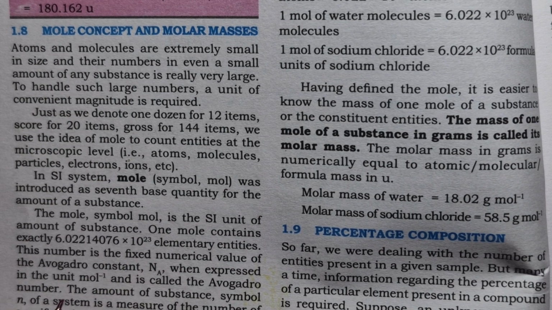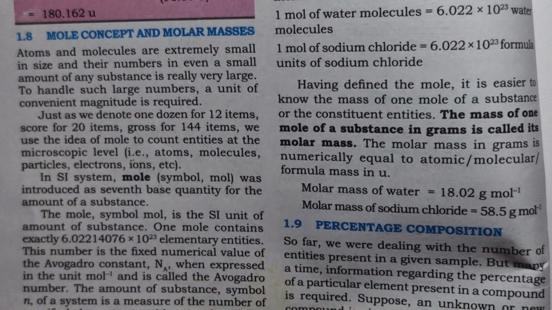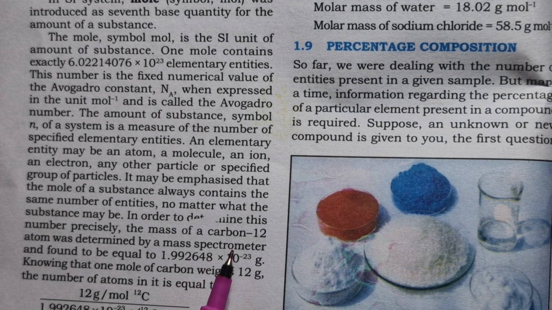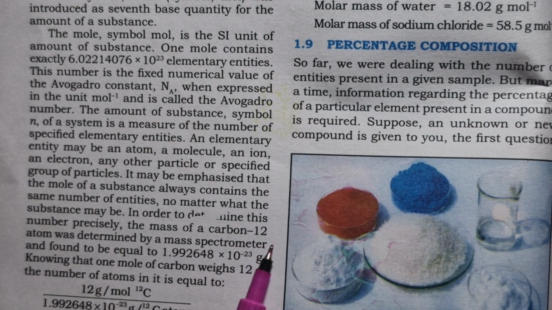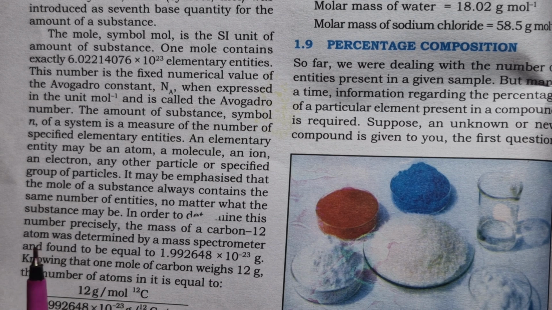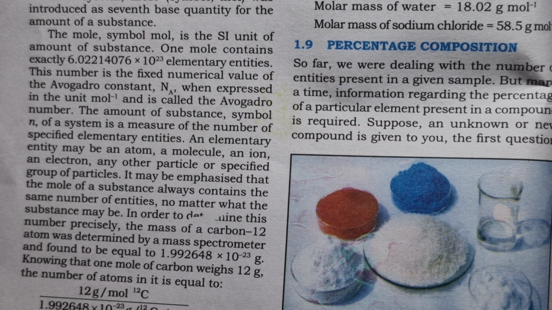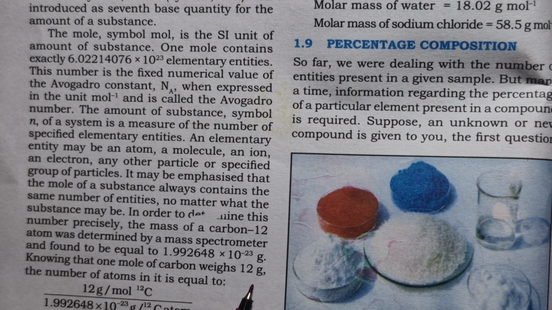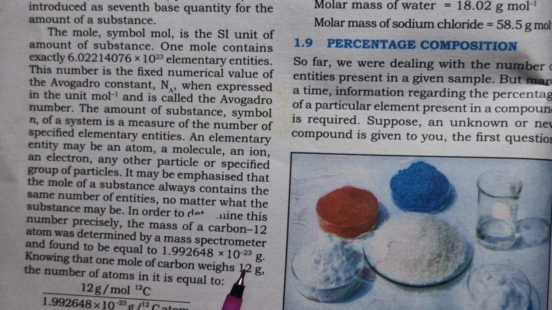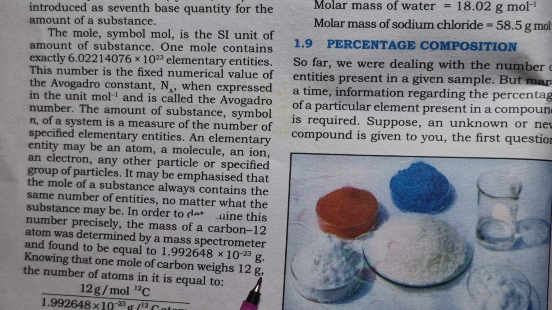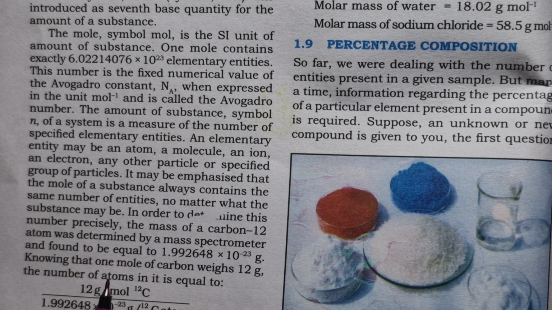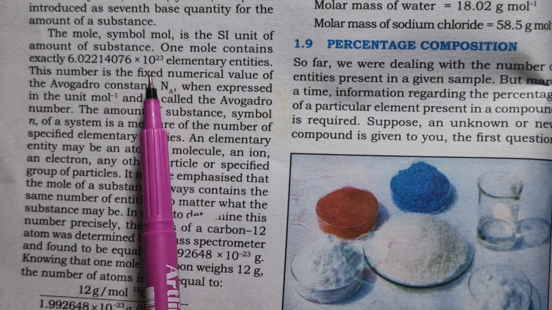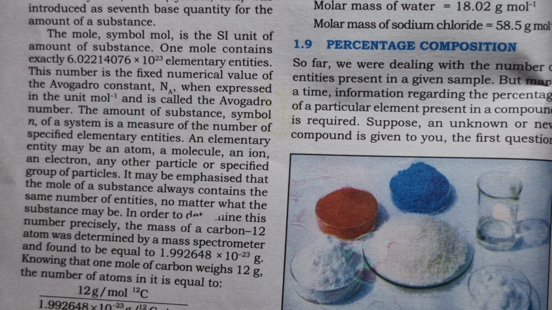Suppose I say carbon, as your book gives the example of carbon. We have found that 12 is the atomic weight of carbon, that is the weight of one atom. That is all we know. But we have to come back to this: 12 gram, 12 U. I cannot even use gram, I have to go for 12 U. 12 unified mass of carbon contains 6.022 into 10 power 23 atoms of carbon.